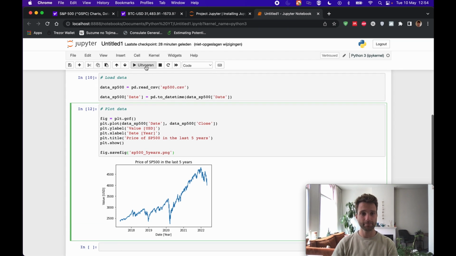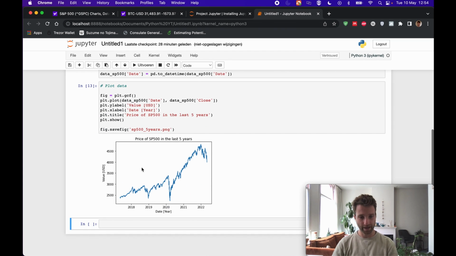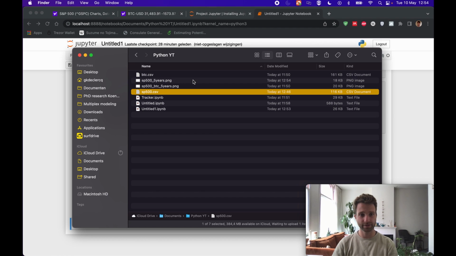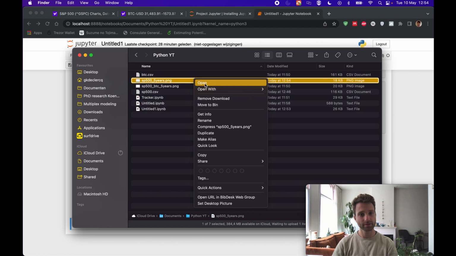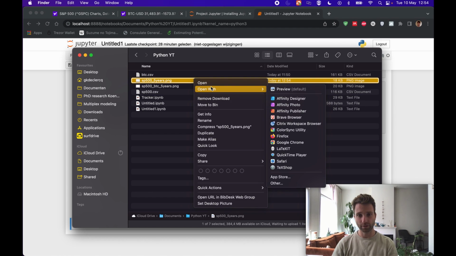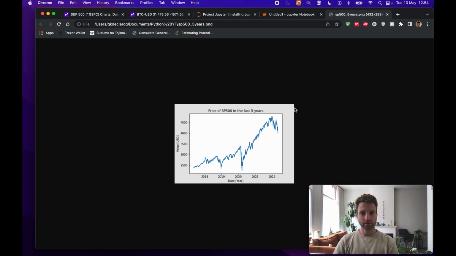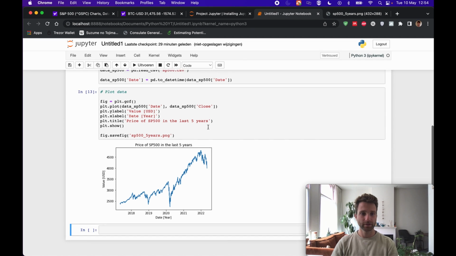So let's run it again. You don't see anything different, but what you do see is that I saved the figure. So let's open this in Chrome and see how it looks. So this is what we just created. Awesome, right? You see the value, the date, the price of S&P in the last 5 years, and the beautiful line. So if we go back to our code,